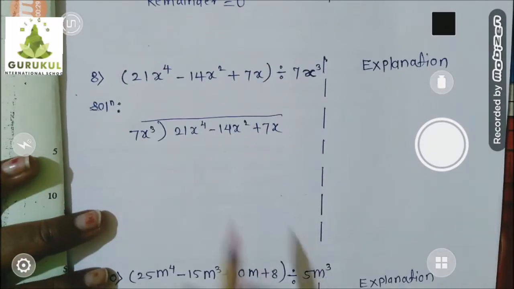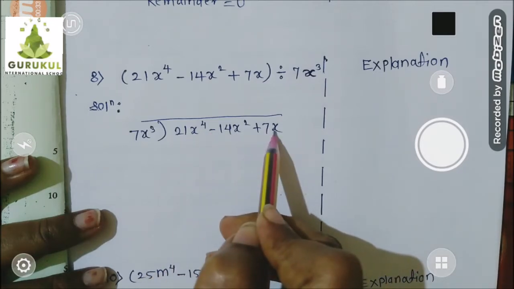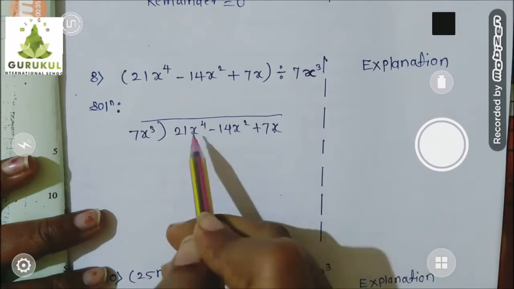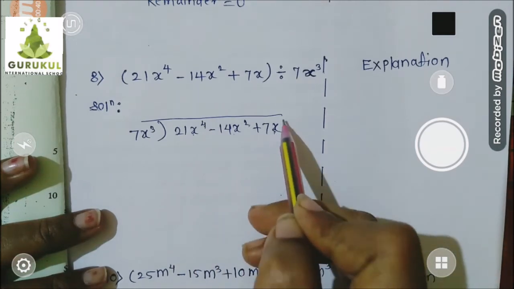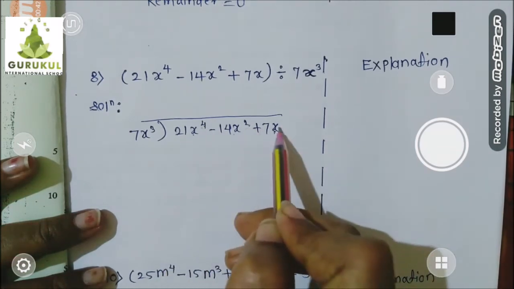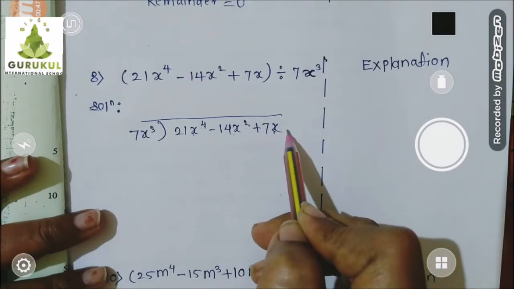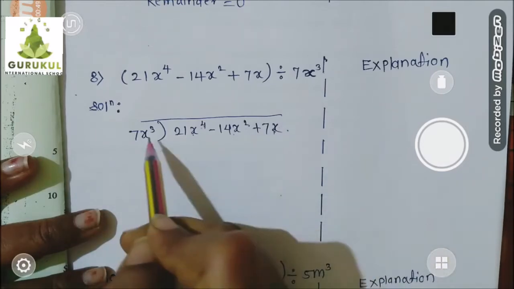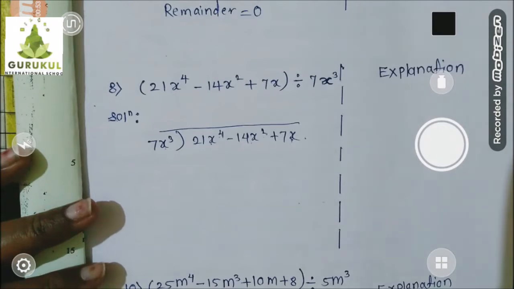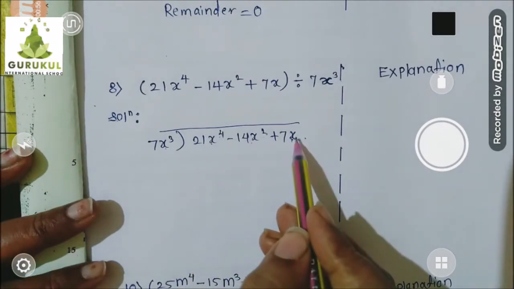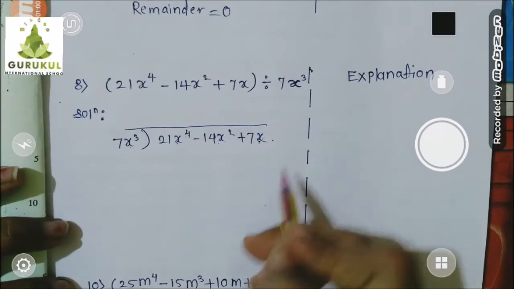You remember in the first video I told you, always check whether the given polynomial is in descending order of power or not. First term x raised to 4, second term x raised to 2 and third term x raised to 1. 4, 2, 1 means they are already arranged in descending order of power. Okay, so it is okay, and here no need to check because it's a monomial. So the first step is over. We have already checked whether it is in descending order of power or not. Second, now let's start the division.